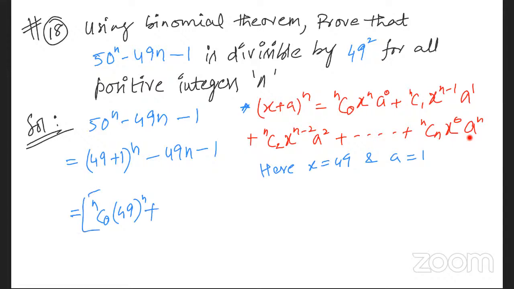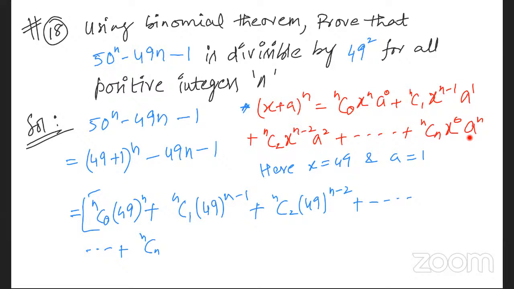plus nC1 (49)^(n minus 1) plus nC2 (49)^(n minus 2) plus so on plus nC(n minus 2), I'm writing previous terms, into 49 whole square